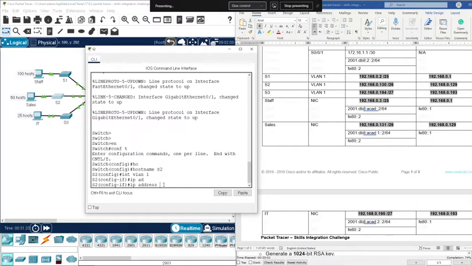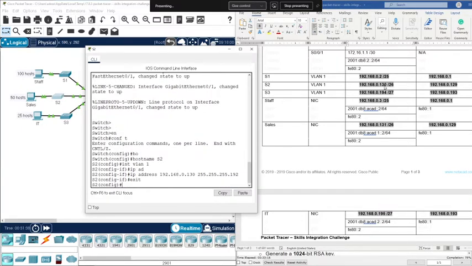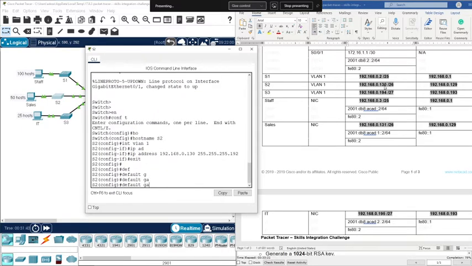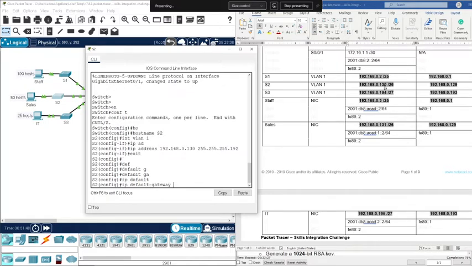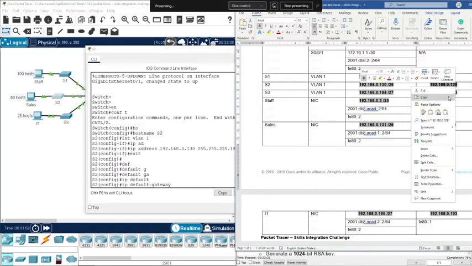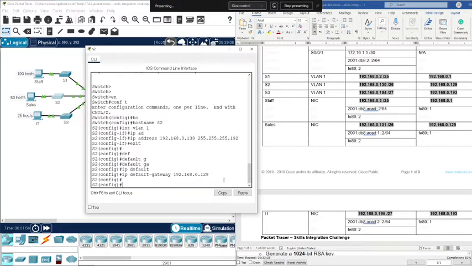IP address with subnet mask 255.255.255.192, and default gateway, which is this one actually. Okay,